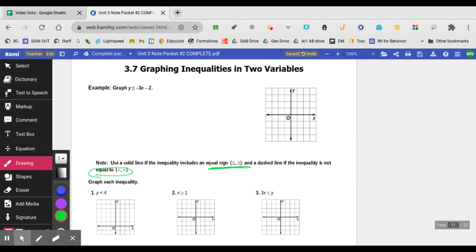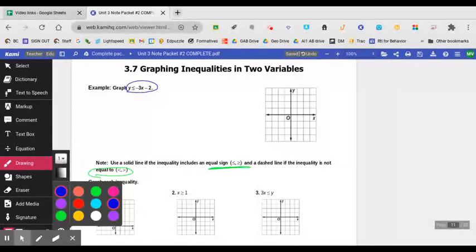So when we are graphing an inequality, we want to start by graphing the equation, pretending that it was just an equation. If I were graphing y is less than or equal to negative 3x minus 2, that has a y-intercept of negative 2 and a slope of negative 3. So I start by graphing those. I start at negative 2, and I do a slope of negative 3, which is up 3, left 1, up 3,